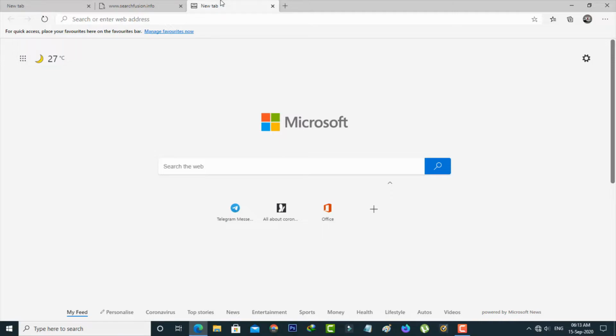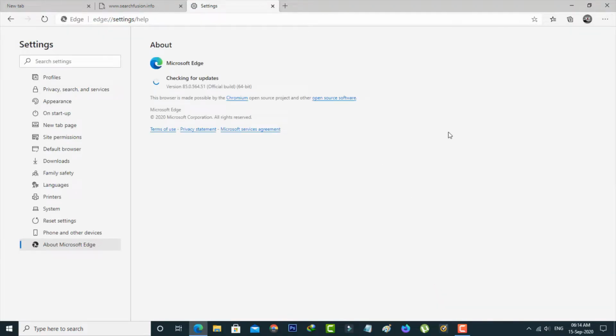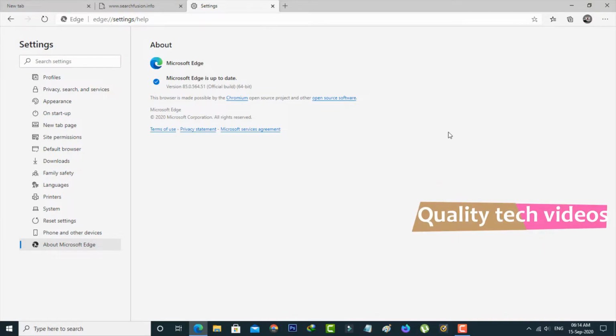The first method is to check if your Edge browser is updated or not. So how to check it? Now in this homepage section, on the right side at the top, it shows a horizontal three dots icon. Just press this icon and then select Help and feedback, and it shows some subcategories. Here you can go to About Microsoft Edge, and it starts checking. Finally it shows Microsoft Edge is up to date, and this is method 1.